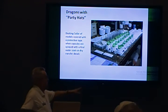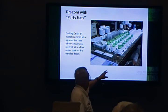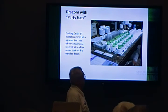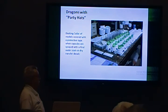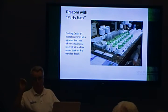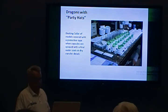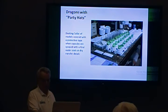We actually will put that capsule into a large cup and it protects the heat shield, silver heat shield, from the same thing. And we're able to spray the fixative over those markings because those markings are dry transfer. They're the Roman type with Electroset. And that's the specification of SpaceX. They want all their models to have markings that are dry transfers. So whatever the customer wants, the customer gets. No questions asked. We don't necessarily like doing some things all the time, but we do what the customer